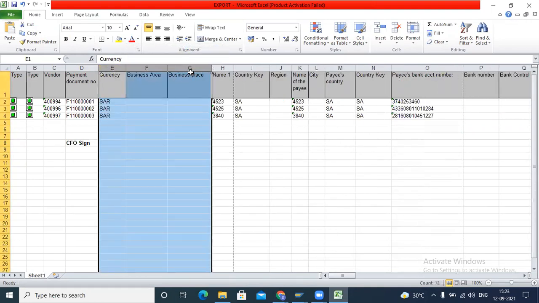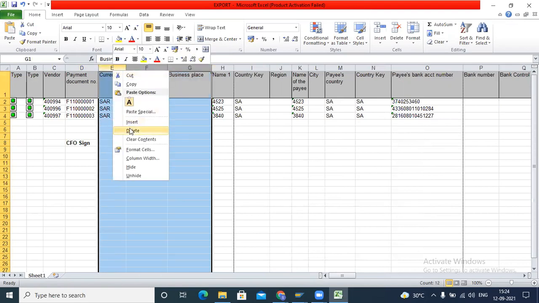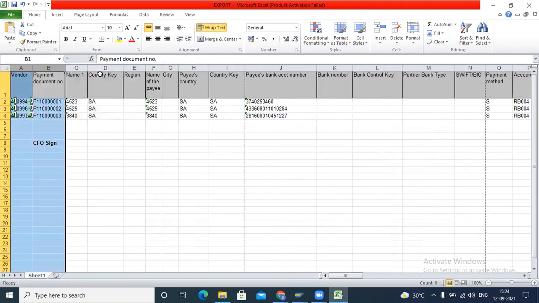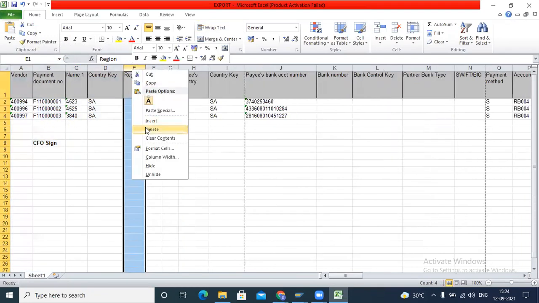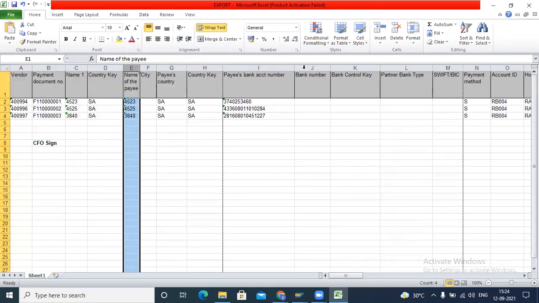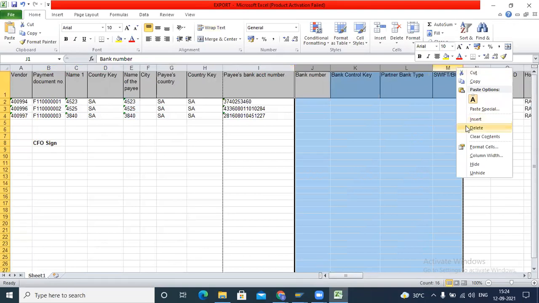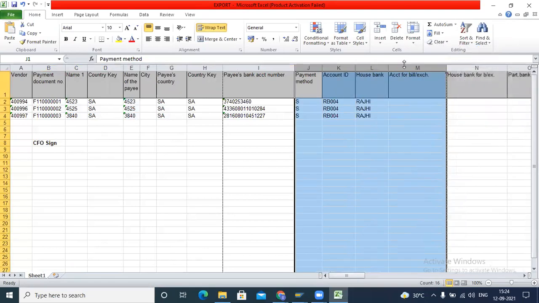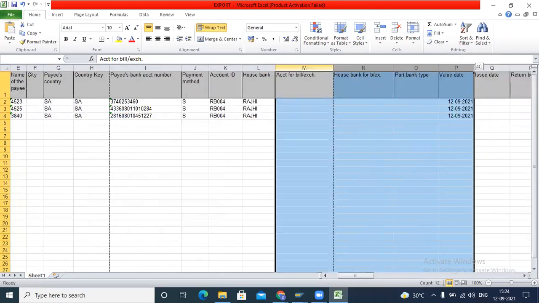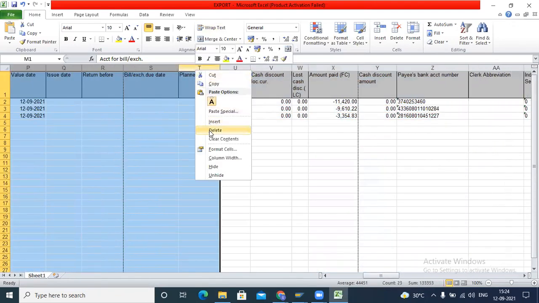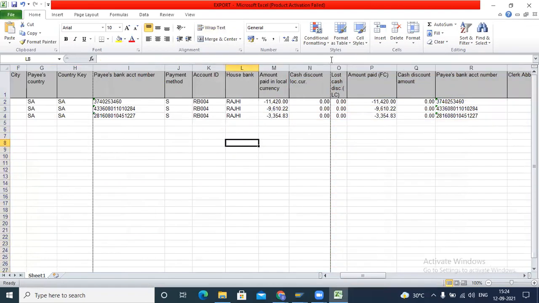I'm just removing the unrequired columns so we can fit it on our screen, because that option is fine when you create the proposal and parking for each vendor separately, but here we are doing it automatically, creating this proposal for multiple vendors in a single go.